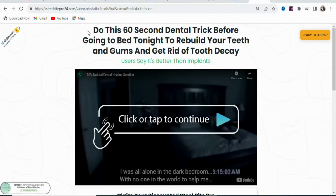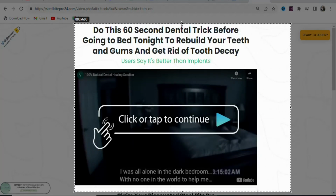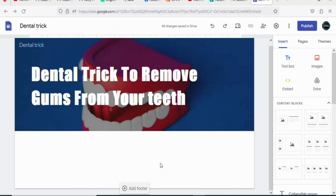Once you come back on the landing page, you are going to take a screenshot of this image. You can use a snipping tool and take a screenshot of this video. Once you take a screenshot of the video, the next step is that you are going to upload the image